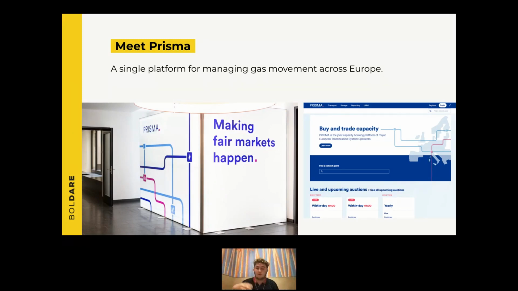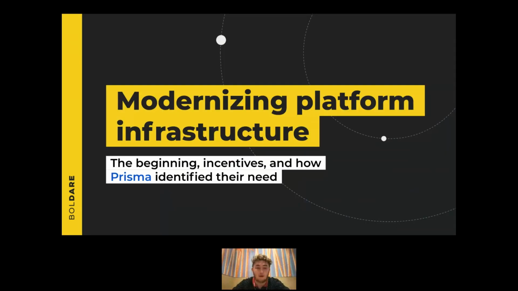And there are multiple regulations, legal stuff, etc. And the platform is not only letting you trade like on eBay, let's say, normal gas, but here we've got a very specific one. The gas movement is really restricted, so it's much more complex, and the platform specializes in it. And here comes the main theme: making fair markets happen. So that's a really nice challenge that I could participate in, and I will let you know a little bit more about it.